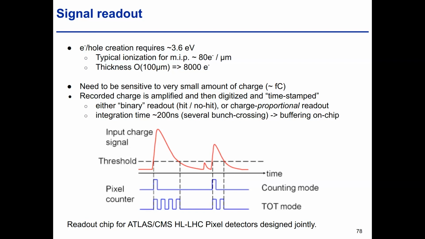Okay, then of course, if it has an angle, it will deposit a bit more. If it goes towards multiple pixels, it will share the charge and so on. But that gives you the order of magnitude. So 8,000 electrons is the order of a femtocoulomb. That's a tiny charge. And so for doing that, as I mentioned, what you need is really a very sensitive electronics that can take that small signal, that can amplify it, and in some way digitize it